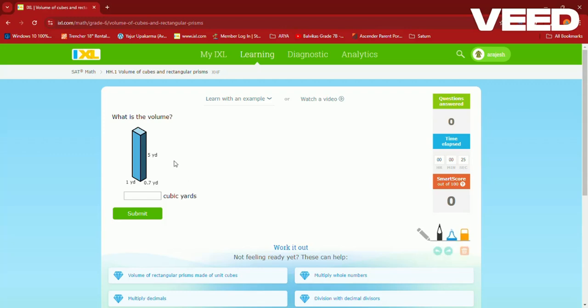We're asked, what is the volume? So we all know that the volume is equal to LWH. To find the volume, you have to multiply all three sides. So if we know that 1 times 0.7 equals 0.7